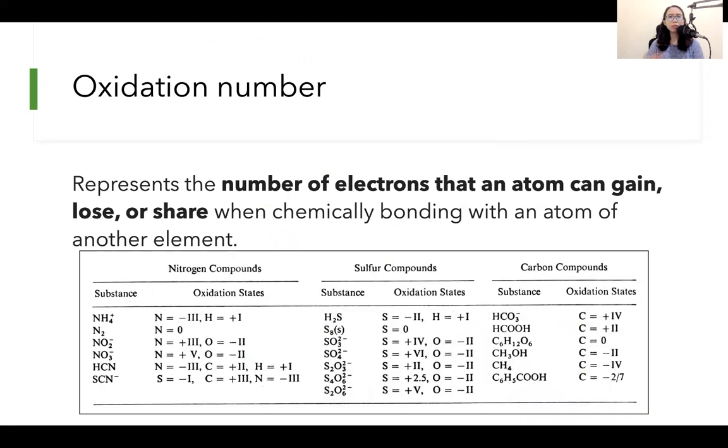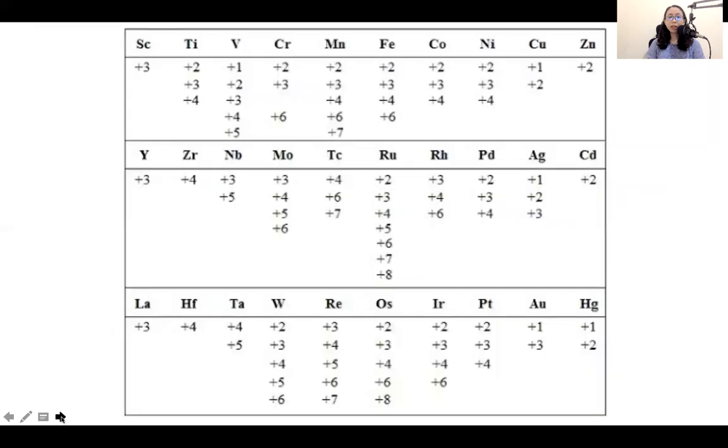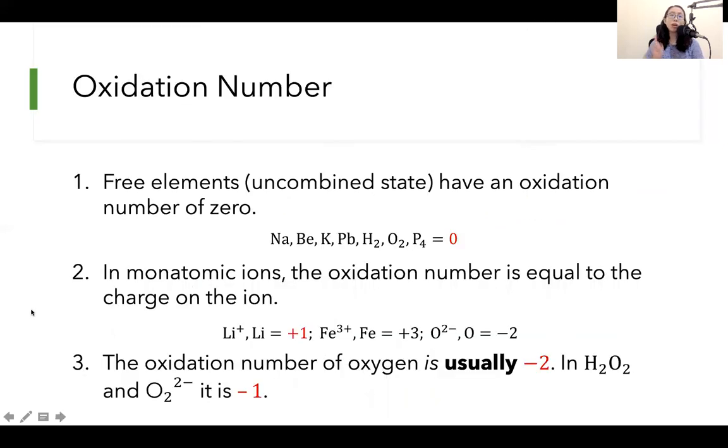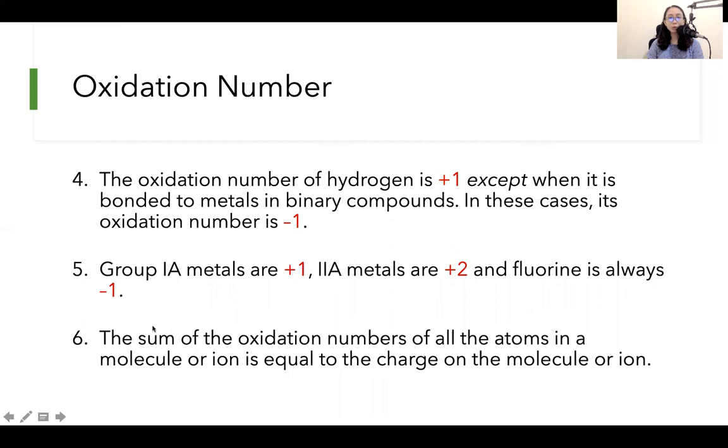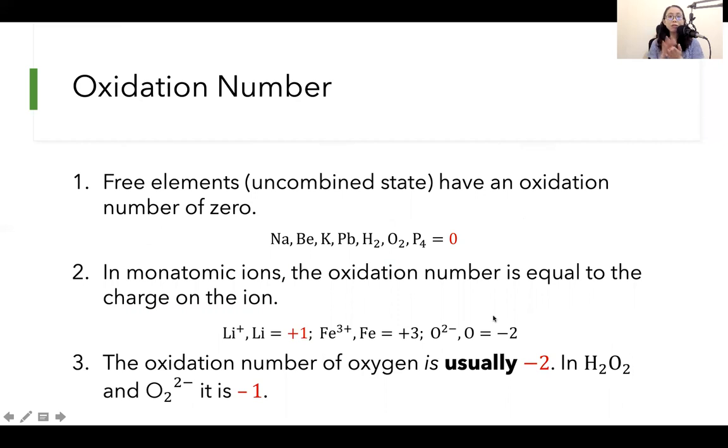Now, do you need to memorize all of this? There are a lot of compounds that are known. So do you need to memorize tables like this? No. There are rules that you can follow to determine the oxidation number of your elements. So here are the rules. We have 6 rules, very simple. And I think if you have a good foundation of general chemistry, then you won't find it hard to understand